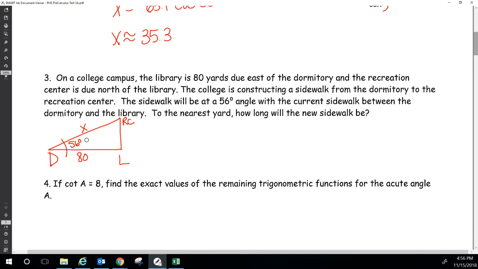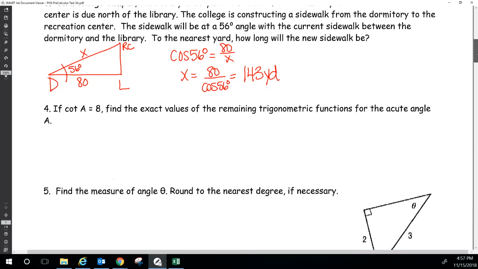So again, if this is my angle, I've got the adjacent and the hypotenuse. So ironically, it is the same cosine. Cosine 56 degrees. This time the adjacent is 80 over the hypotenuse, which is what we're looking for. So x is 80 divided by cosine 56. And that should be approximately 143 yards. It says round to the nearest yard, so 143, and don't forget, it's multiple choice tomorrow, so you don't have to worry about your